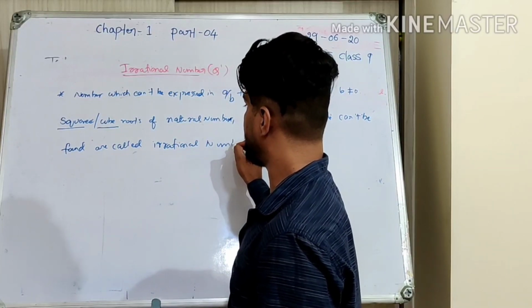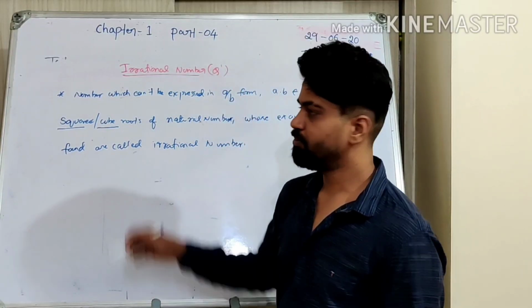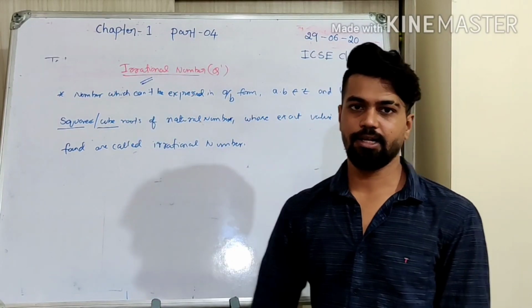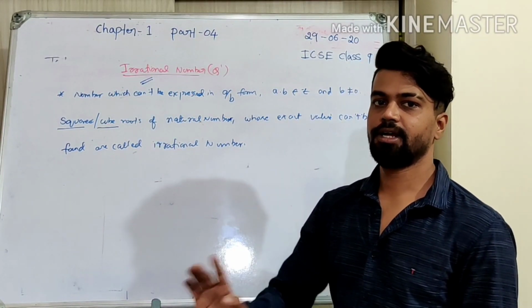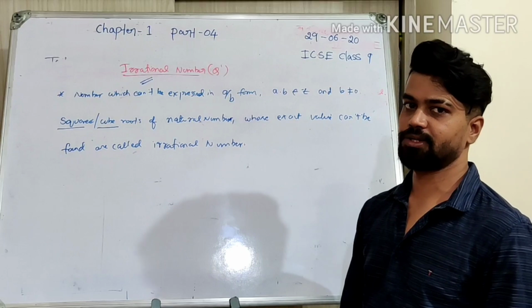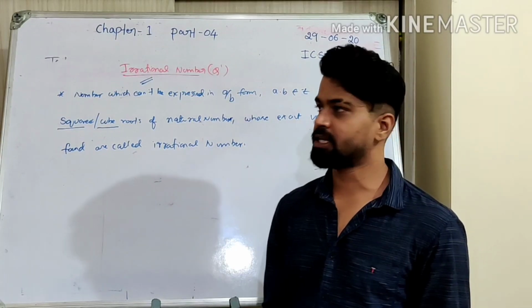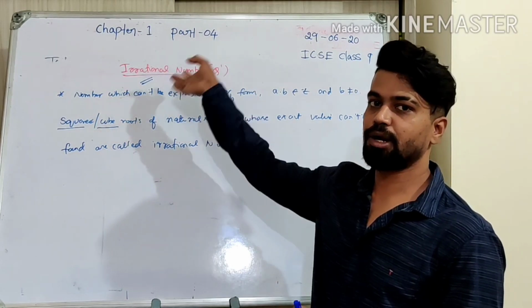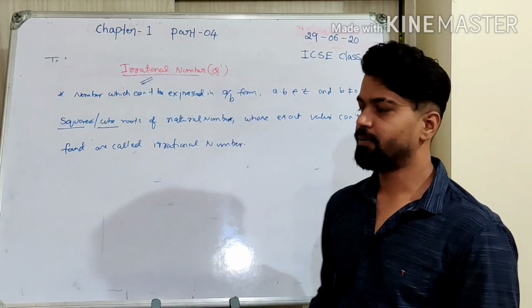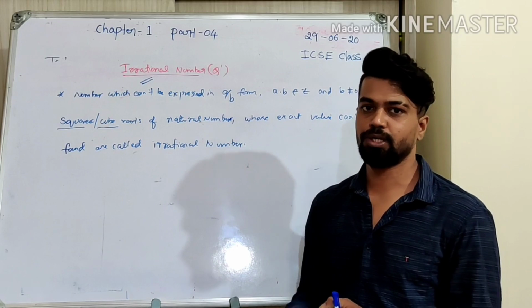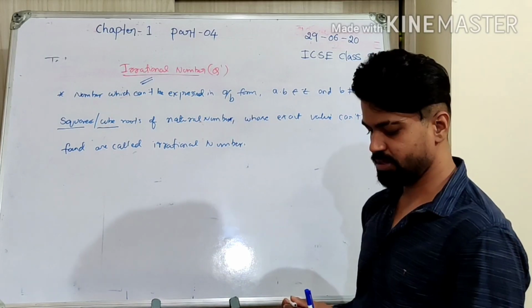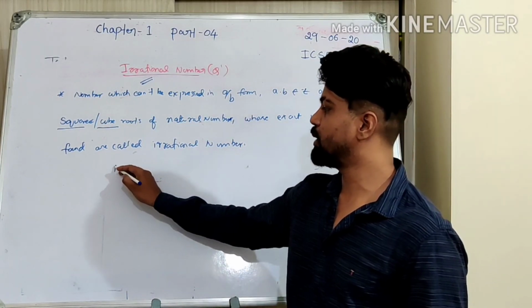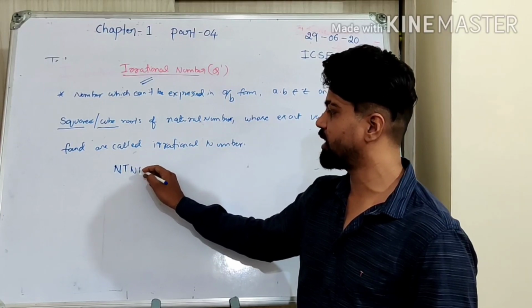Okay, but finally the meaning is all the same. Meaning of irrational means you cannot understand. The numbers which you cannot understand are irrational numbers. That's what I said in the classification. So the numbers which can be understood can be written in the a by b form. They can be either terminating or non-terminating recurring. Whereas the numbers which cannot be understood cannot be written in the p by q form or a by b form, because they are non-terminating, non-recurring.